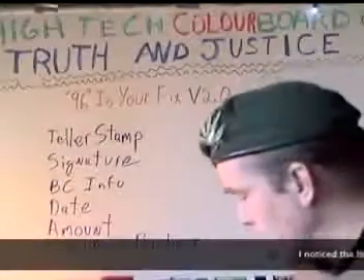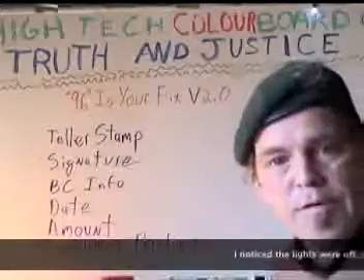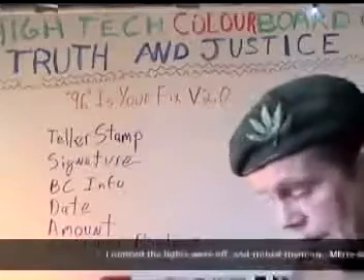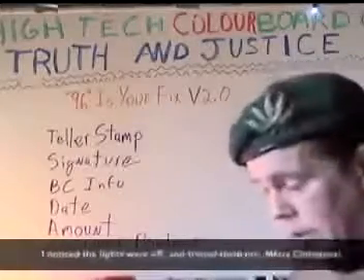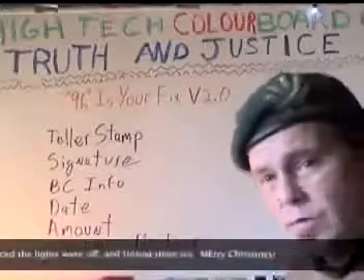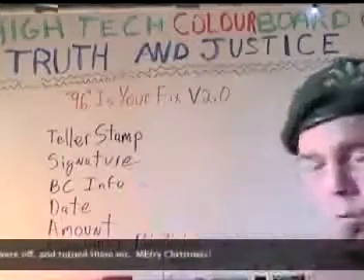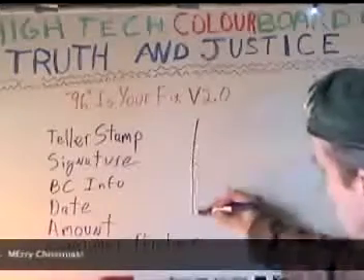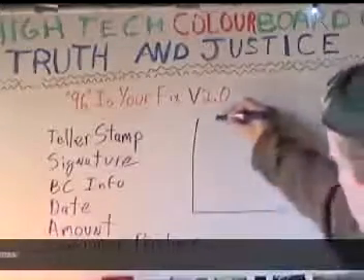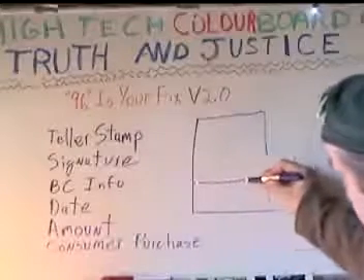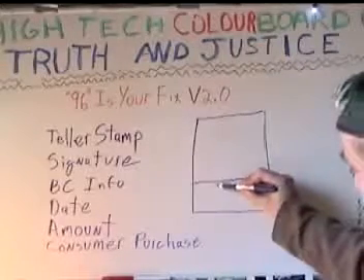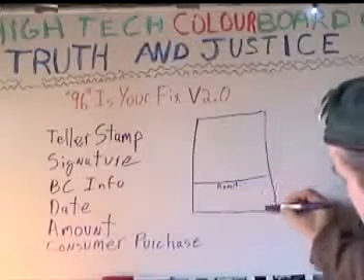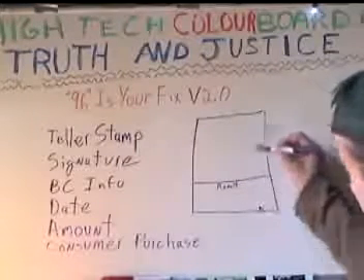So here we are with the high-tech Color Board of Truth and Justice again. Boy, time flies, eh? It's already Tuesday. I was supposed to get this out last week, and people are relying on it, so I'm just going to bang it out and do the best I can. This is what you're going to be putting on your remittance. Now, bear in mind, when they send you an invoice, that's what they'll call it according to their rules. It'll be in two parts. You'll have the remittance down here, 96 right here, and up here